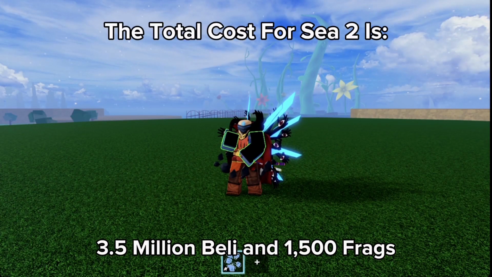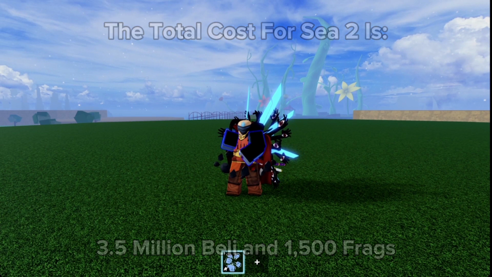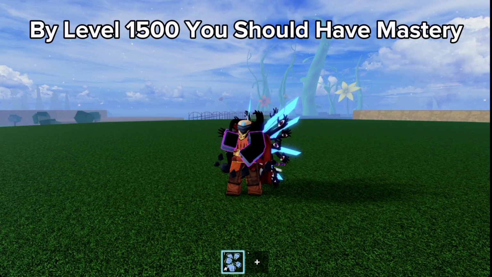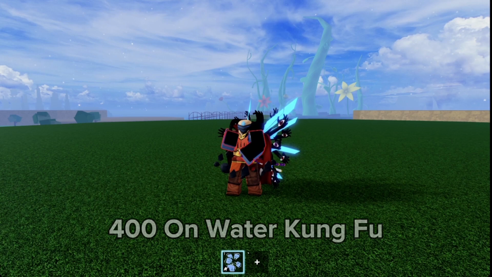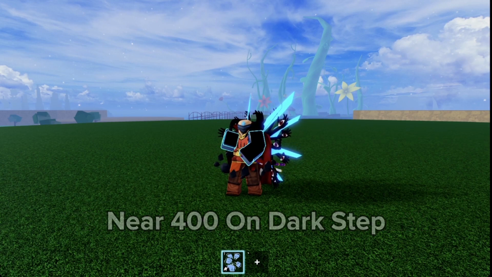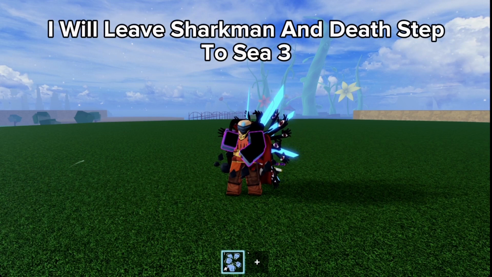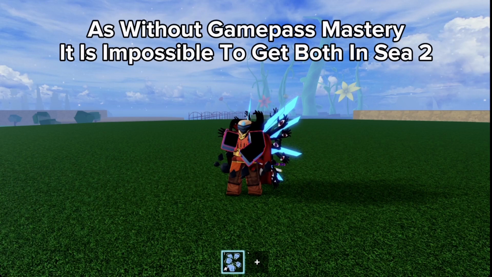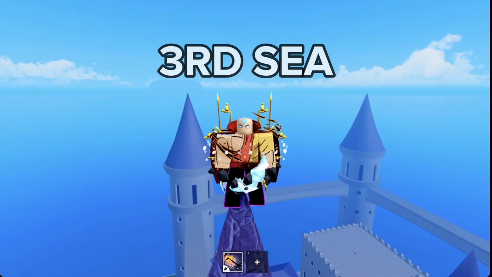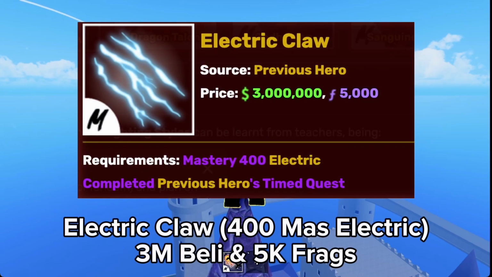The total cost for C2 is 3.5 million belly and 1,500 frags. By level 1500, you should have 400 mastery on Water Kung Fu, 400 on Electric, 300 or 400 on Dragon Breath, near 400 on Dark Step, and finally around 300 for Superhuman. I will leave Sharkman and Death Step to C3, as without Game Pass mastery, it is impossible to get both in C2. Third C. In third C, there are 4 new styles: Electric Claw,